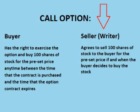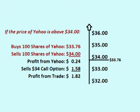The trader collects the $1.58 premium for selling the call option. Selling a $34 call option means that the trader is selling a commitment to later sell his 100 shares of Yahoo for $34 a share. If the price of Yahoo is above $34 when the option that the trader sold expires, the trader sells his 100 shares of Yahoo for $34 to the person that bought the call option. The trader bought Yahoo for $33.76. Selling it for $34 means he makes 24 cents a share on Yahoo. In addition, he was paid $1.58 a share up front for selling the option, so his profit is $1.82 a